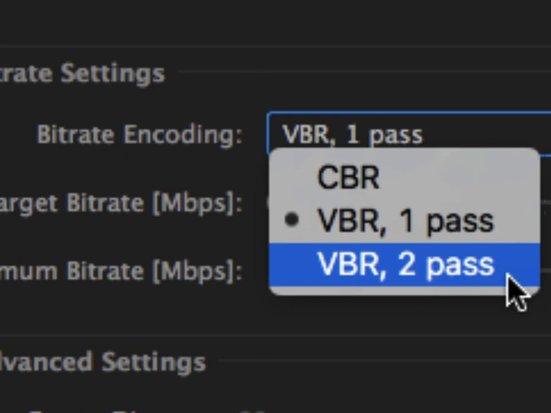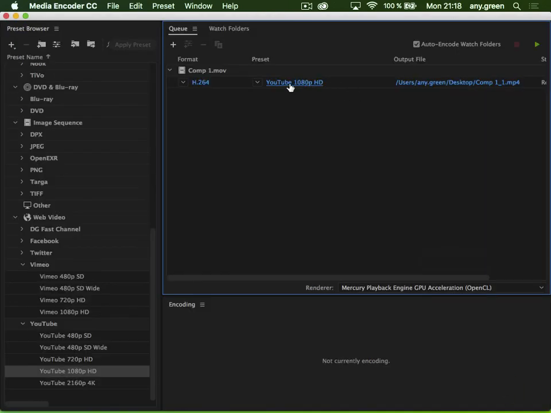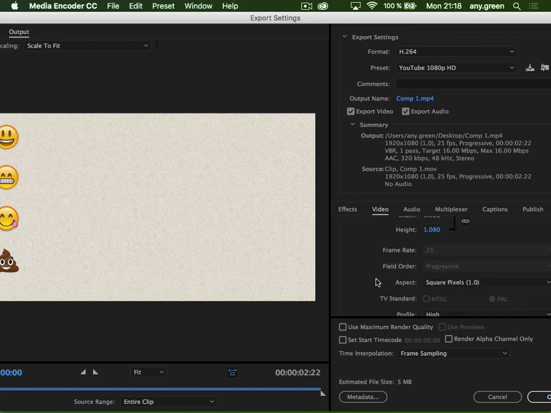How do you get the window? You click on the preset here, and then you're in there. And when you scroll down in the video,